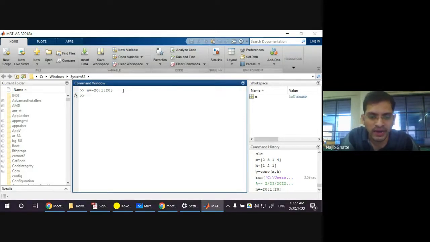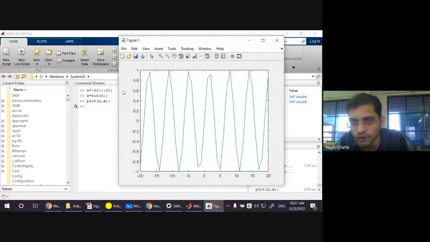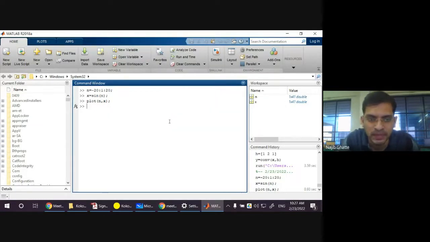Fine, done. Now I write here x equal to, for example, suppose I'm writing here as x equal to sine of t. Sorry, sine of n. X equal to sine of n. And now I want to plot this. So in case of continuous time signal, you have written over there what's a plot. आपने कैसे लिखा था? Plot लिखा था ना आपने क्या लिखा था? Plot n comma x. This is what you have written. And then you have got this beautiful graph in front of you. Fine, but I don't want to plot the continuous time signal. I want to plot, sir, what? I want to plot a discrete time signal. So I won't be writing plot. I'll be writing the stem function, STEM, stem, and then I'll be writing there n comma x, stem n comma x.